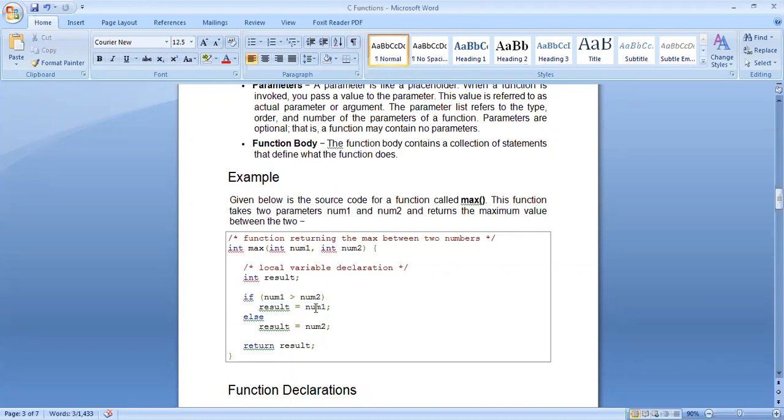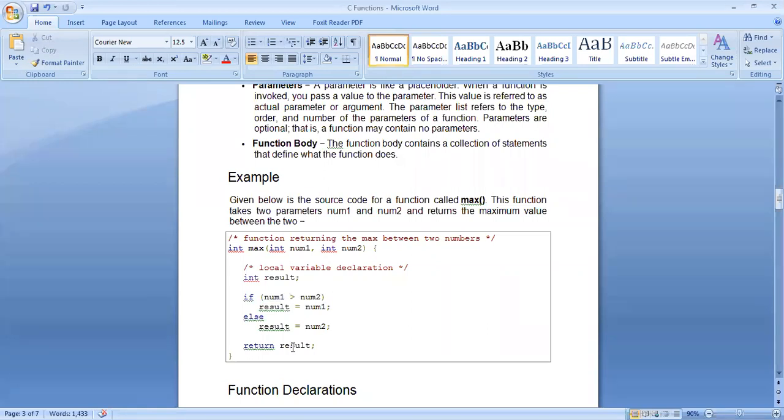If 2 is bigger than 3, then 2 will be assigned to result. Else, if this is false, which in our case it is because 2 is not greater than 3, num2 will be assigned to the result. Num2 was 3, so 3 will be assigned to the result, and accordingly we will have to return the result.